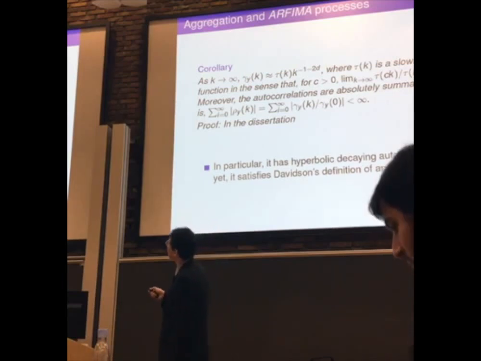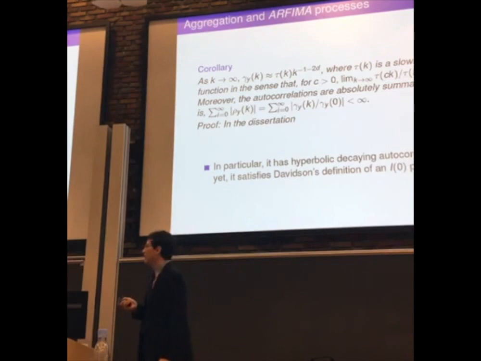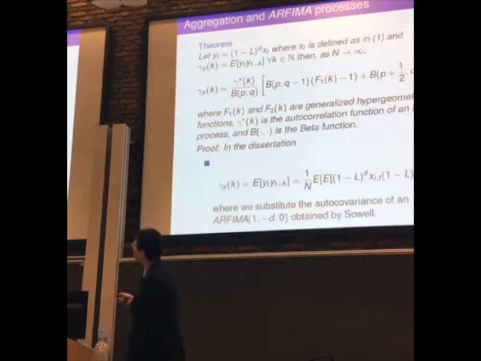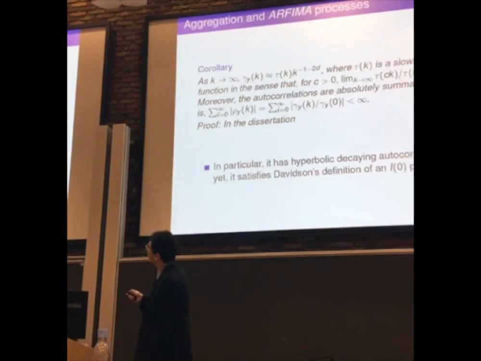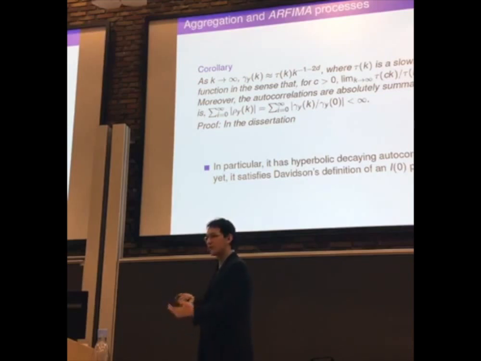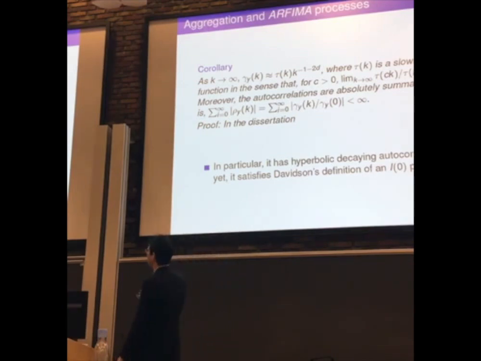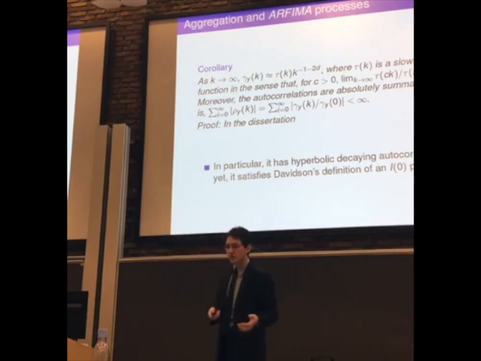And you see here it shows this hyperbolic decay. This, I would say, is inherited just by doing this fractional differencing. So we introduce this gamma star, and that's what I say is governing this behavior as we go to infinity. So it seems to show hyperbolic decay, but nonetheless, we can also show that the autocorrelations are summable. And that's one of the characteristics that Davidson used to say that a process is an I(0) process.